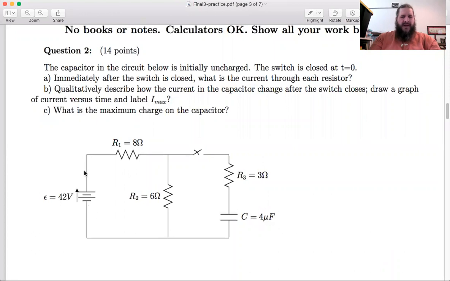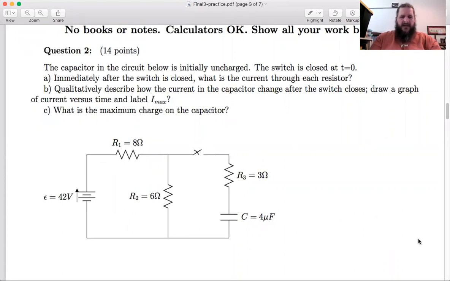Looks like we've got a battery in a loop with a couple of resistors, and also a switch that links to another resistor and a capacitor. And we want to know, immediately after the switch is closed, what's the current through each resistor. So let's say at an instant that we'll call time 0,